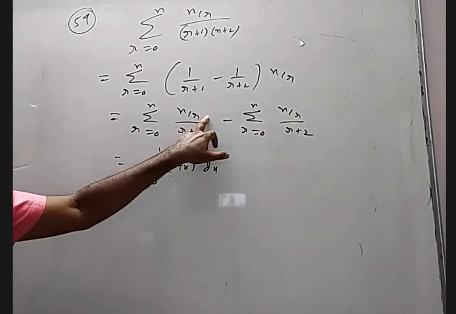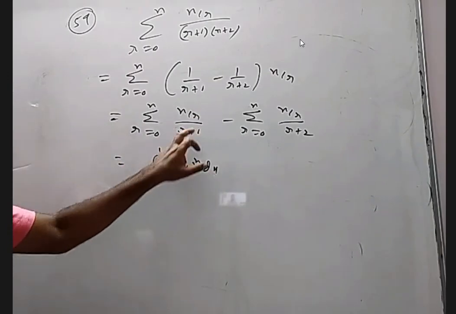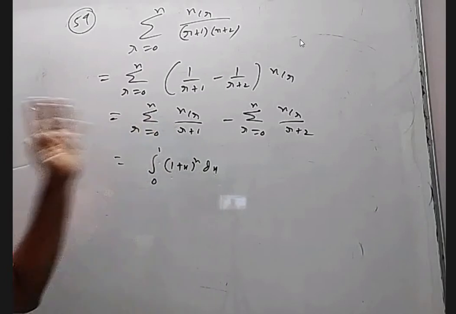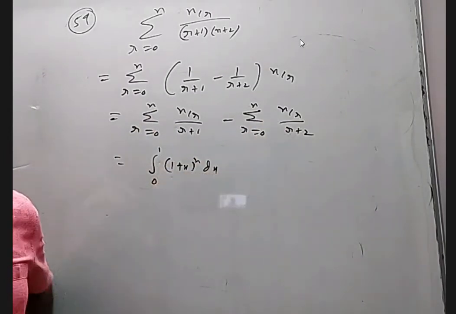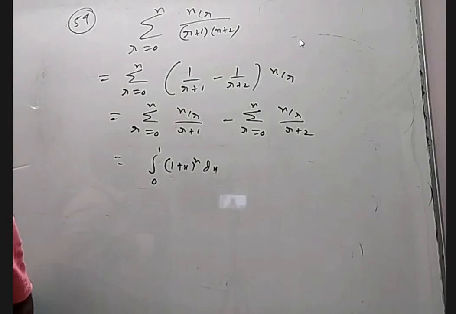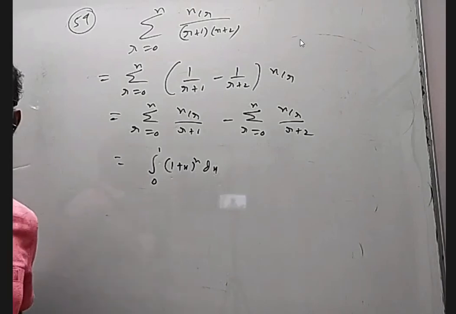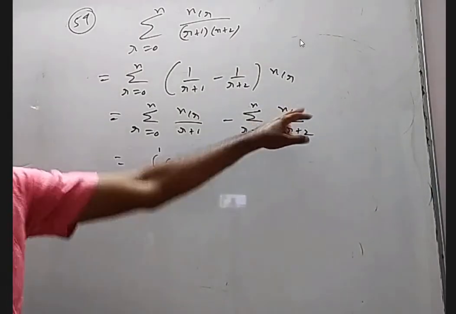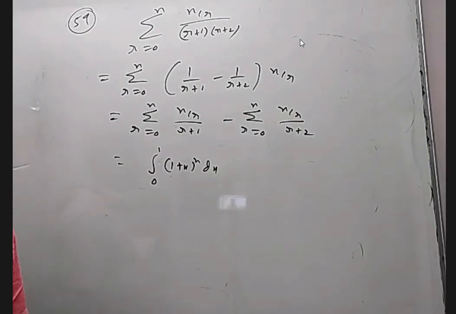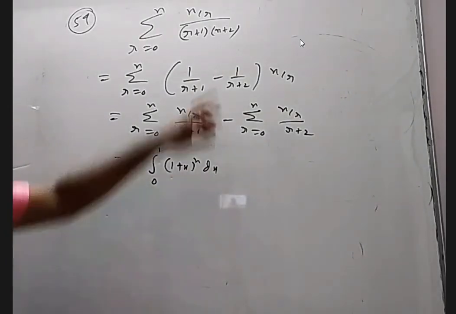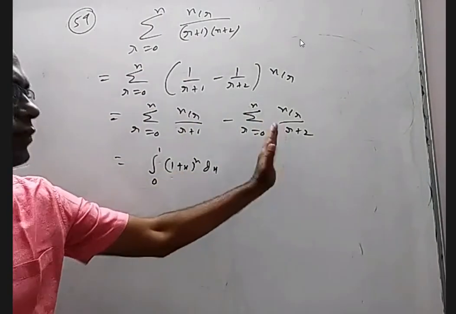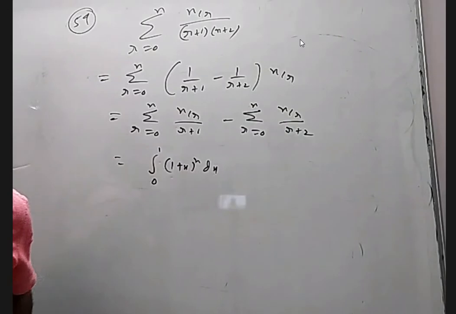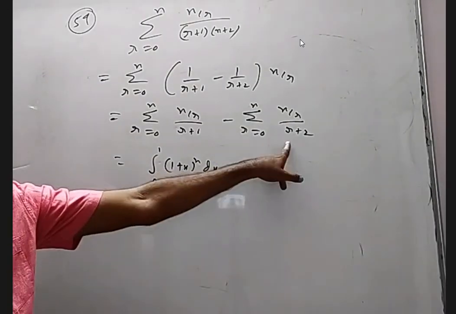If you take NCR x power r and integrate it, x power r plus 1 by r plus 1 will come. That's why we could directly write 1 plus x whole power n expansion integration like this. How will you get it by r plus 2? Integrate it twice. Directly if I want to get it, for every term you want one extra, right? So you can integrate twice, directly you'll get this. I'm talking about this alone. If I give, how will you do this, by definite integration or even indefinite, this alone, the second one alone?